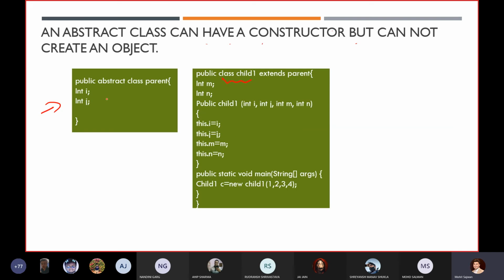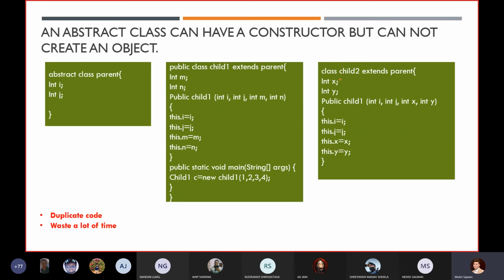So here in this scenario, I want to initialize the value of ing over there. So what I can do, I can inherit in this class. Inside this class, I can write it down and initialize these values over here. Right, everything is correct. Now again, I want to create one more class that is known as your child2 class,